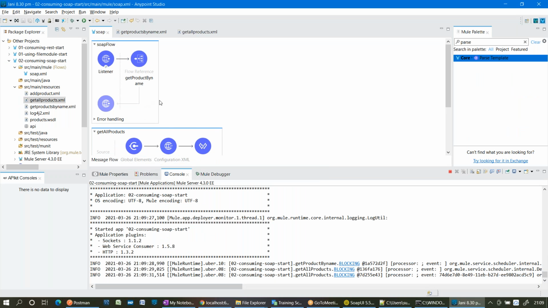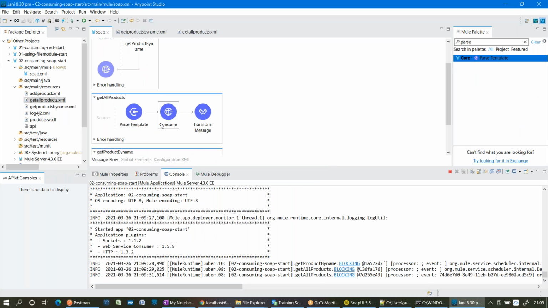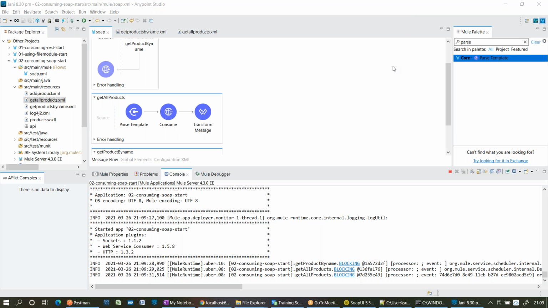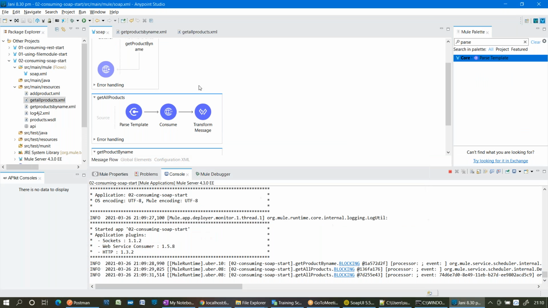Once I use a parse template, that means in this version, the consumer is expecting some input in XML tags. Understood? Whether you pass an input parameter or not is secondary, but it is expecting some input tag. That is what I want you to observe in your versions. Without using a parse template, try to execute it and check whether it is working or not. If it is not working, then use a parse template by creating a template in the resources. Got it?